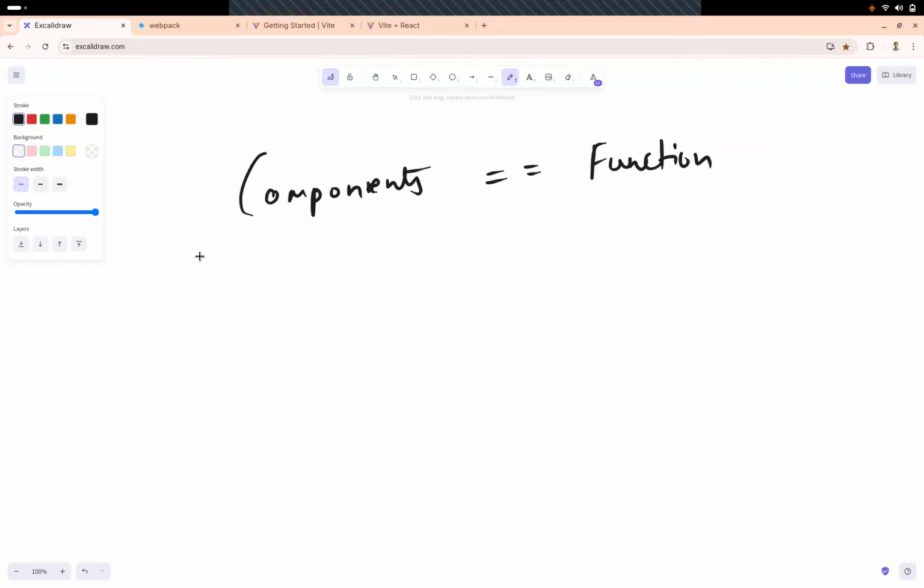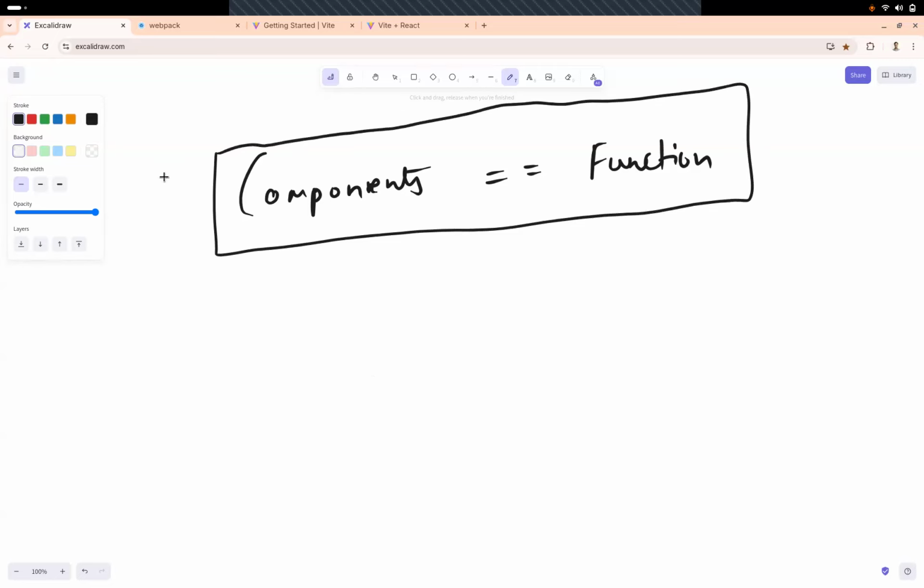Not triple equals, just double equals. Again, just for understanding, it's not that you will write a component and it will be triple equals or double equals. It's not exactly similar, but it's like 90% similar. The 10% difference that comes is because of React. We'll discuss more about it. But can I say that components and functions are almost similar?